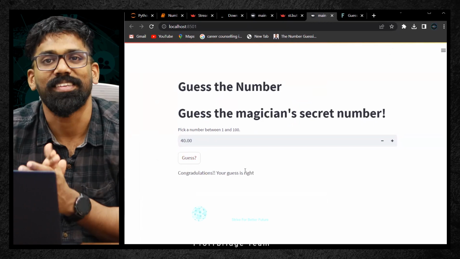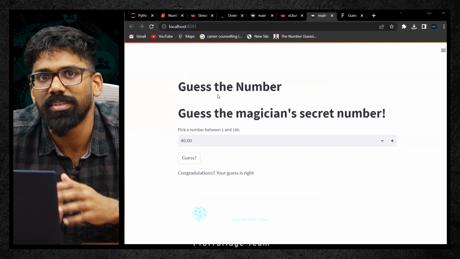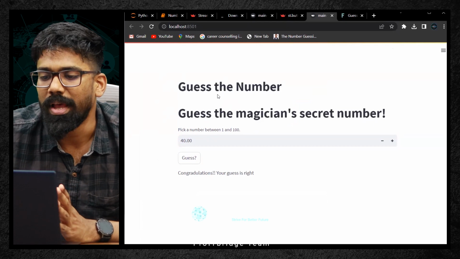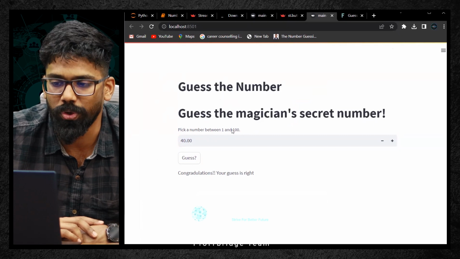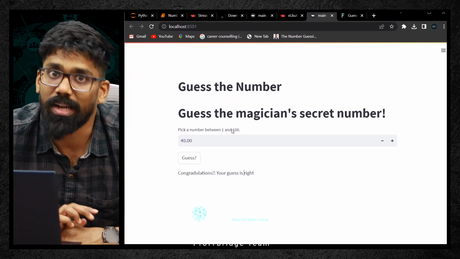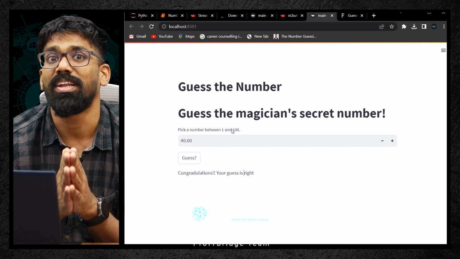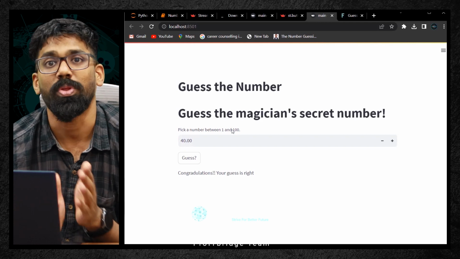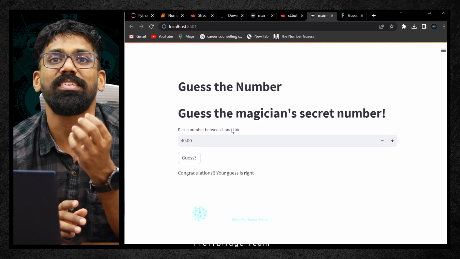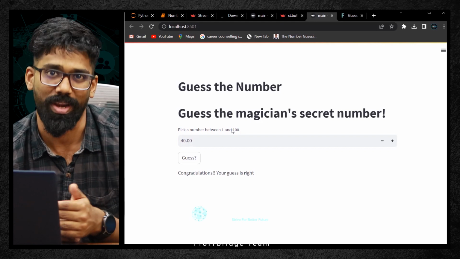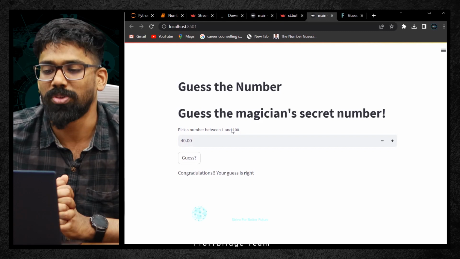So now that's it. Okay, so now in a web application, without knowing HTML, without knowing CSS, without knowing Bootstrap, you are able to deploy this application on our local machine, not in the cloud. In later videos, I'll also show you how we can deploy it in the cloud, do not worry. But my point is, Python is useful for web application development as well. So this is a web application. We just took support of Streamlit, which is a web application framework, and we just called a few functions. We established the connection between them, and also we deployed it.